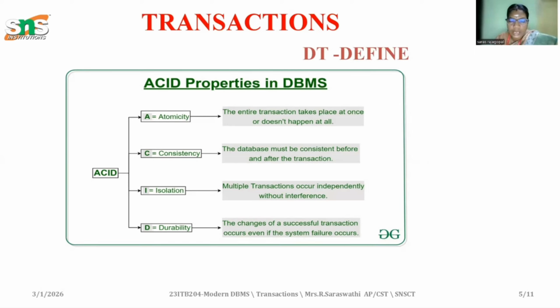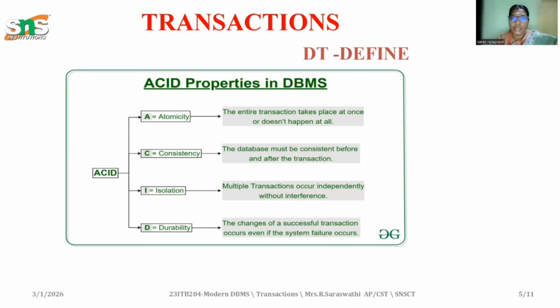Atomicity means the entire transaction takes place at once or does not happen at all. This is the definition of atomicity. Either it is taken completely or it does not happen at all. C stands for consistency. It must be consistent before and after the transaction. The database must be consistent